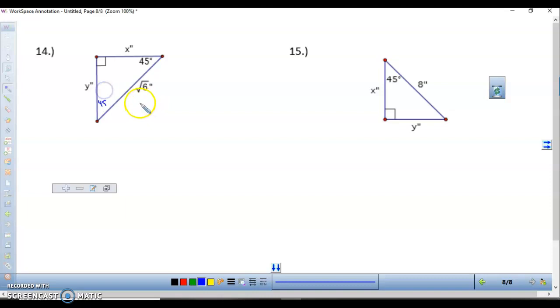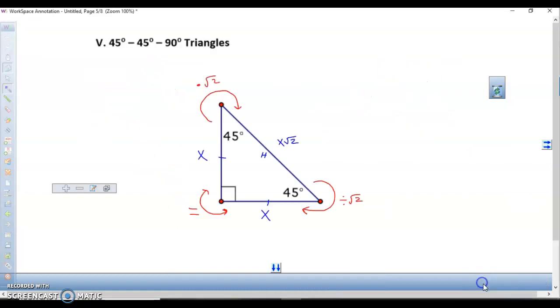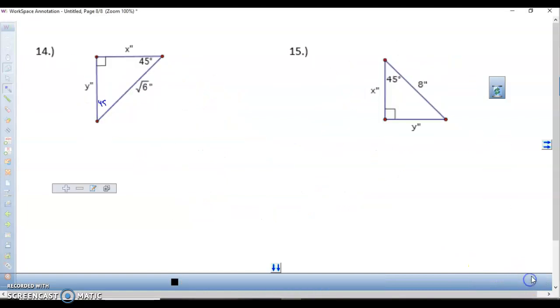So here we go. In a 45, 45, 90 triangle, you're going from the hypotenuse to the leg. And if we go back and take a look, to go from the hypotenuse to the leg, we divide by the square root of 2. So we're just going to do the square root of 6 divided by the square root of 2. They are both inside, which makes this easy. We just divide them, you get root 3. And because it's